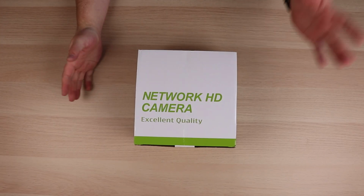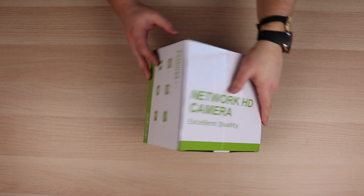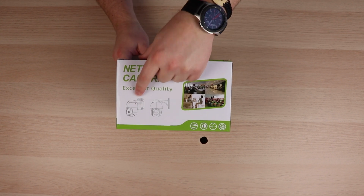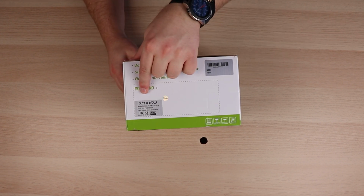So here's the box. Again, this is the network HD camera. It does say excellent quality. The box is pretty basic. There's really not much information on here. If you flip through it, it shows you some of the features of this particular camera, as well as what looks to be a diagram of the camera itself and some screenshots of what the camera looks like. And again, this is the xmartO